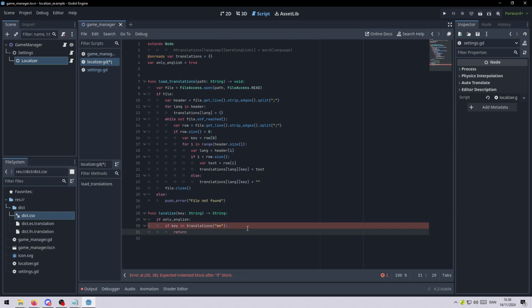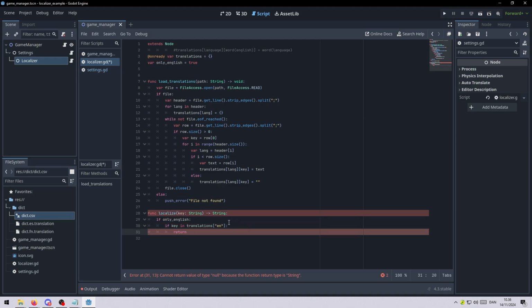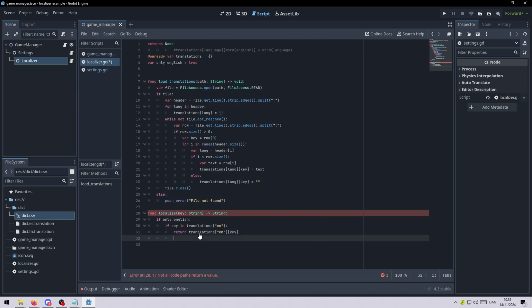Well, then we return this, with the key as the argument. Boom. Now it expects something else to be returned, because it always expects something to be returned. Then we say here we want to